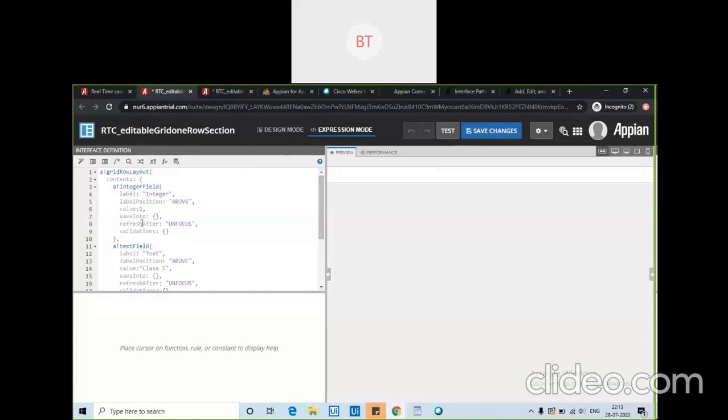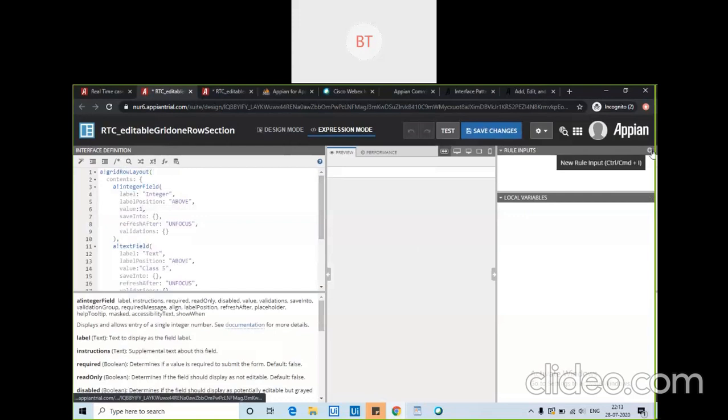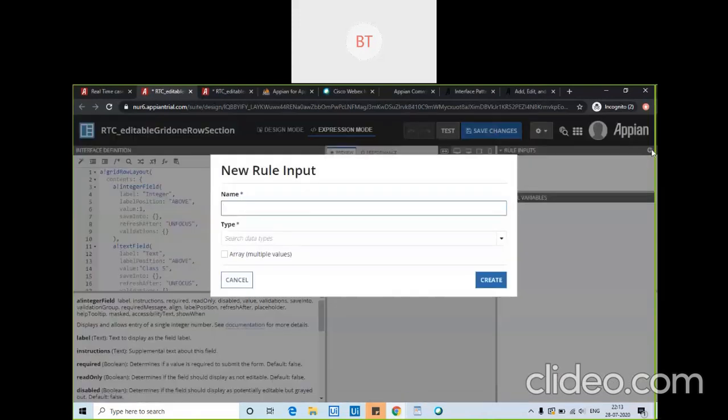Now what we need to do is take one rule input here, that is the class details.